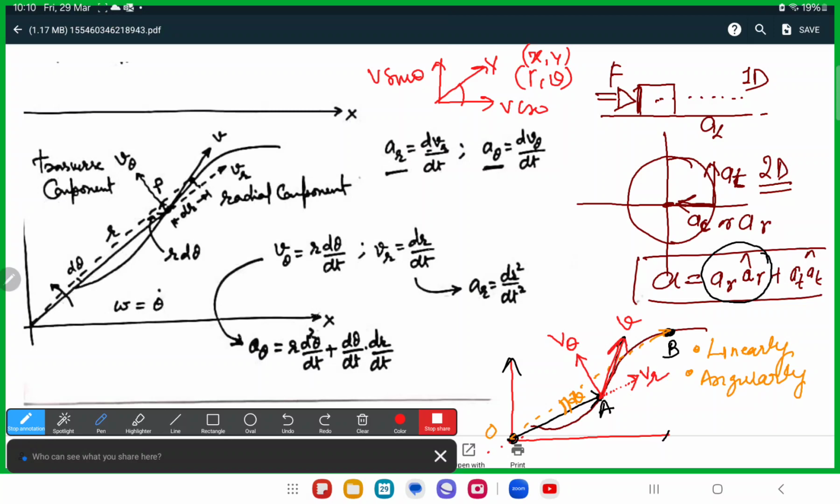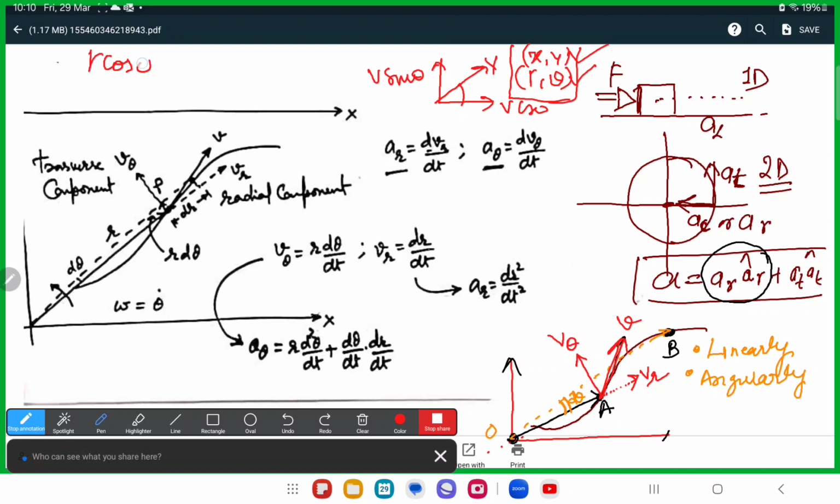R means radius change and theta will change. So these coordinates are respectively called Cartesian coordinates and polar coordinates. Here 2D motion or circular motion we are studying in terms of Vr and V theta. Basically Vr and V theta means